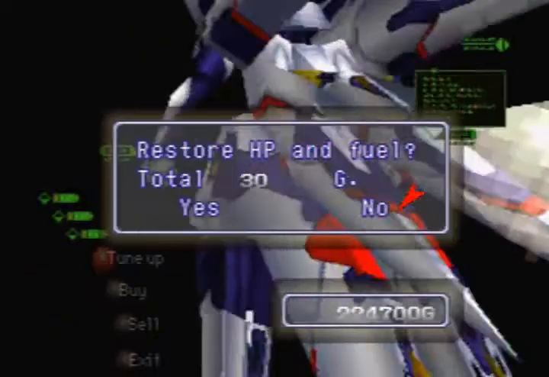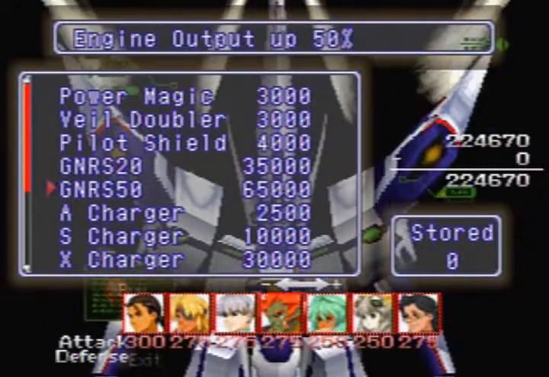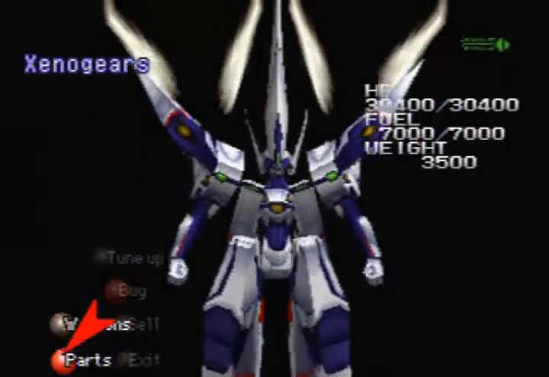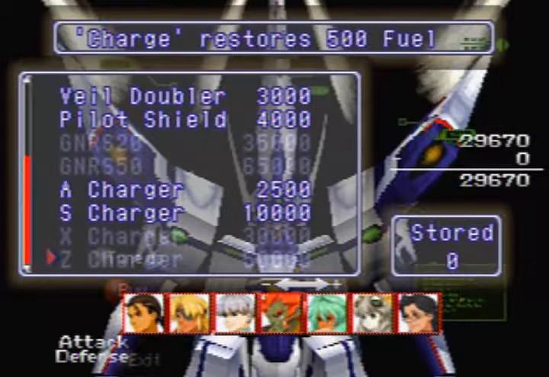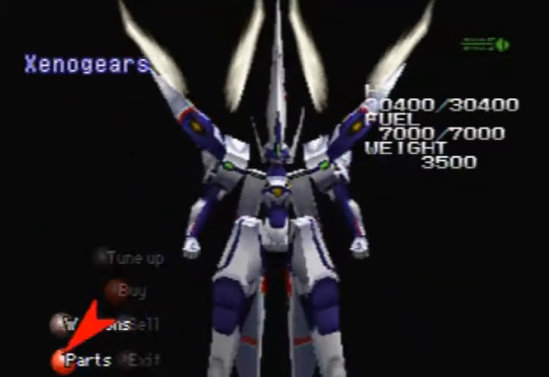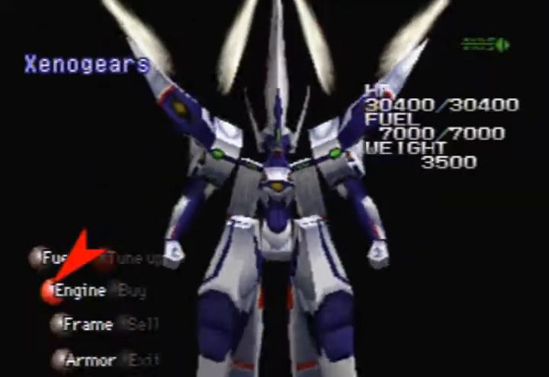So in the tune-up, we're just restoring, but the thing you really want to aim for is that GNR 50. You want to try to get 6 of those and equip 2 of them on each of your active party members. I've got 3 at this point, and I'm going to be getting more later. As you can see, it's enormously expensive, so you are going to have to charge up. And then there's the Z Charger down there, which is also really important. If you equip those and you hit the charge function in battle, you'll restore 500 fuel, so you basically can't run out of fuel. And then the aim are these Omega...